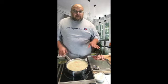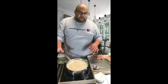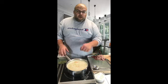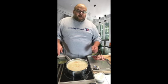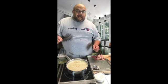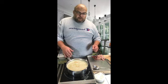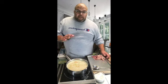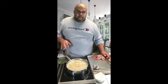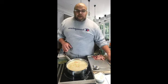If you have a regular blender, I want you to take a third of this soup out and make sure that you mix it well, include beans and everything. Move a third out, and then you're going to blend half of that third, and then we're going to add it to the soup. Your recipe calls for blending half of the soup. I believe it's going to be too thick,